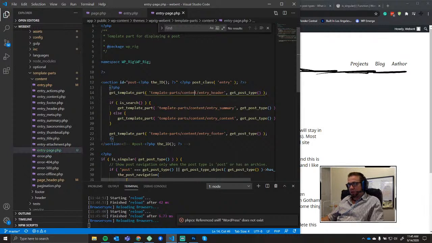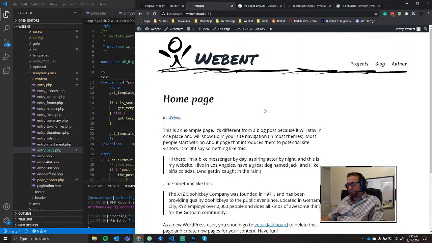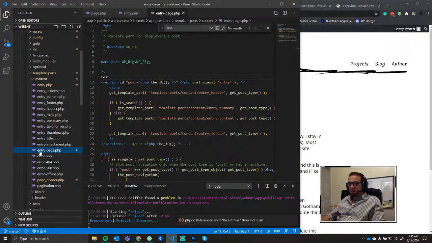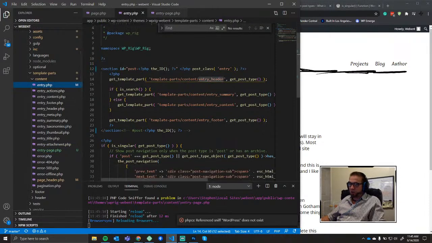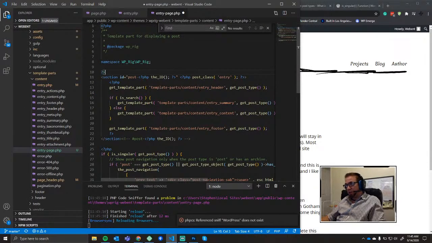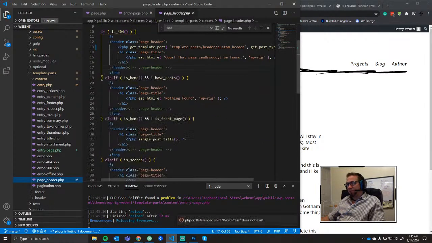And we can test that by just typing in test here. Yeah. So now we're specifically saying, all right, we want to not use just the generic entry loop. We want to use this new entry loop that we just created here. And then from here, we can tell it we want to use page underscore header. That being said,